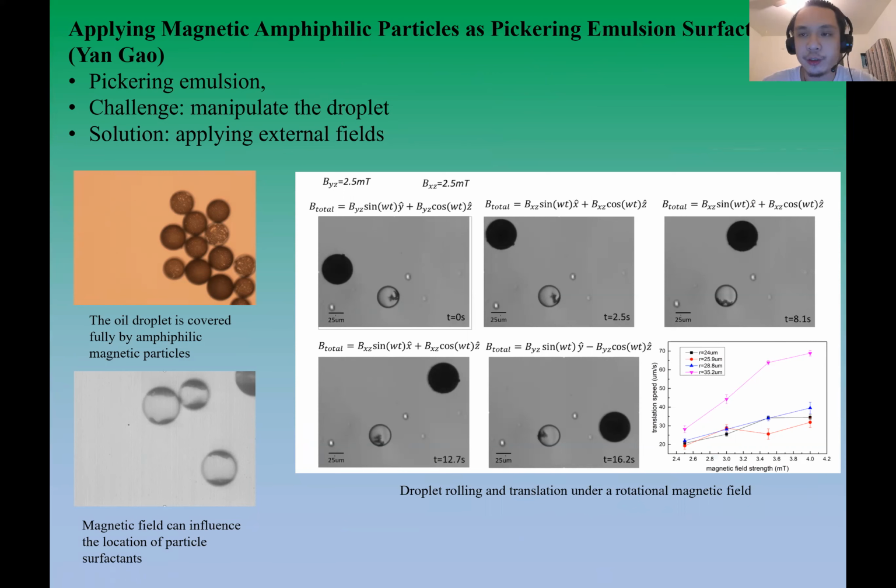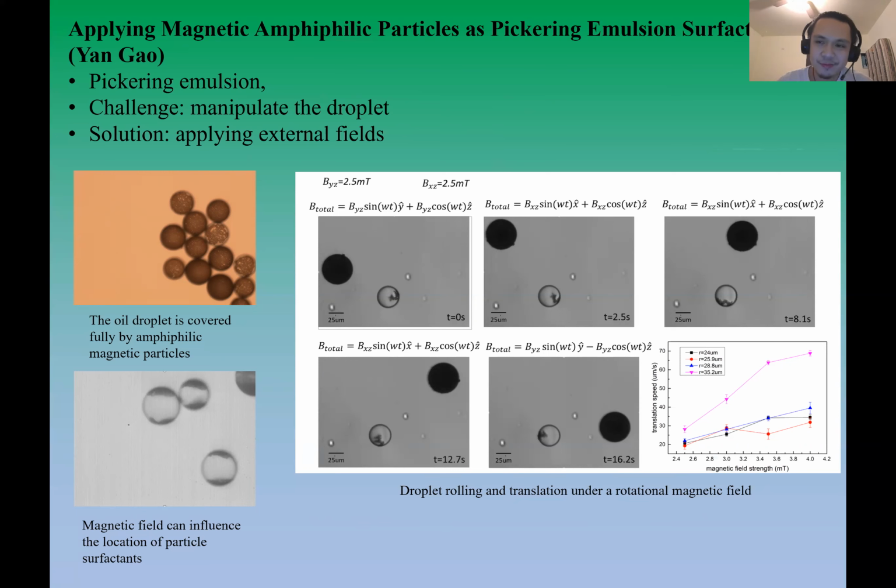The second project is being researched by another grad student, Yan Gao. His research is applying a magnetic amphiphilic particle as a Pickering emulsion surfactant. As we know, a Pickering emulsion is an emulsion that is stabilized by solid particles. So in his experiment, he modified a magnetic particle to be amphiphilic, which means one side